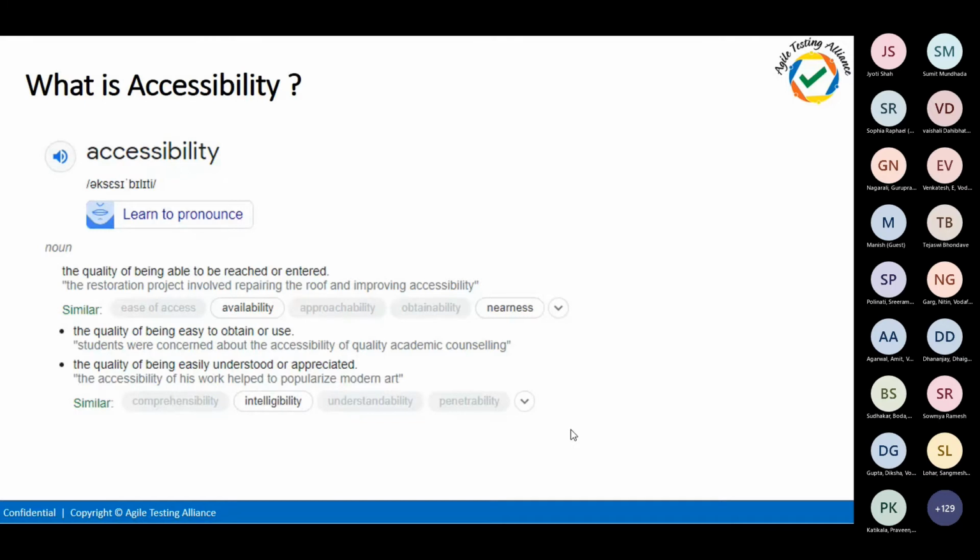This is the challenge they are facing too. What we want to do is make the content more accessible for them, the quality of being able to reach the data. All the data which a normal person is able to see, if you are able to showcase it to a specially abled person, then we call that, simply, accessibility.